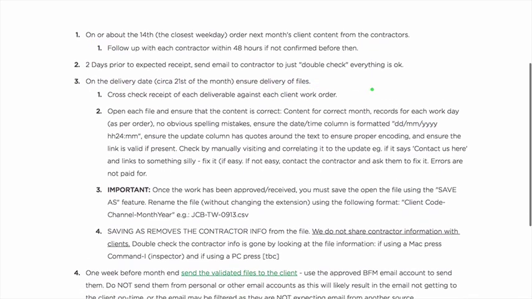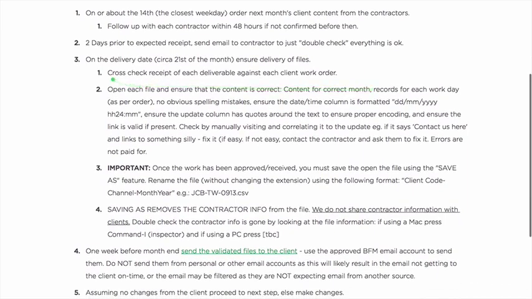So here's how we do this. We cross-check receipt of the deliverable against each client work order, and you'll see documentation of this inside the system. So if we've ordered 50 Facebook updates from contractor A for client X, we make sure that that's what we get. And one of the things we do, by the way, is we use Evernote